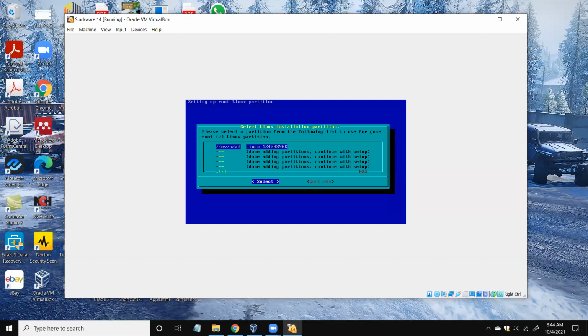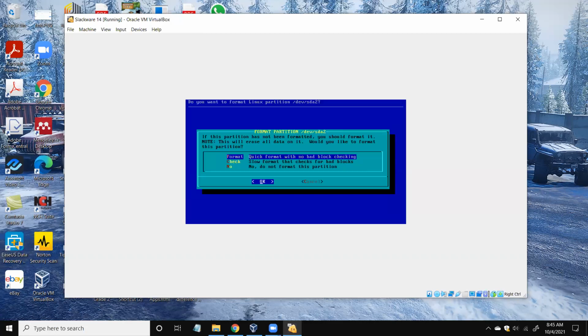Then we have to identify where to install the Linux directories and the operating system software. We have already created a partition for that as well, so it is available, and you can select that. If required, there are different types of formatting. You can check for errors and bad blocks and install, or do a quick format and install. I will go for quick format and install.